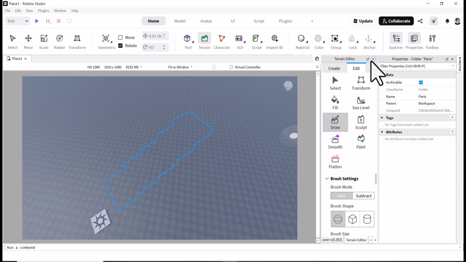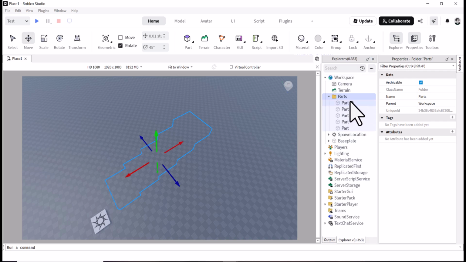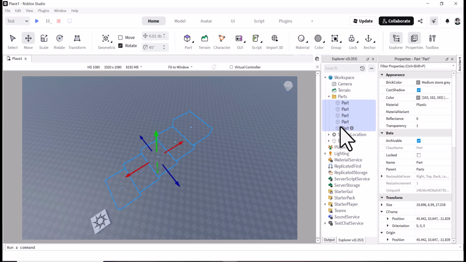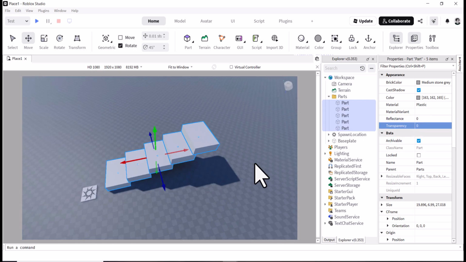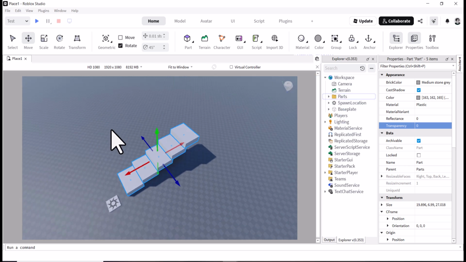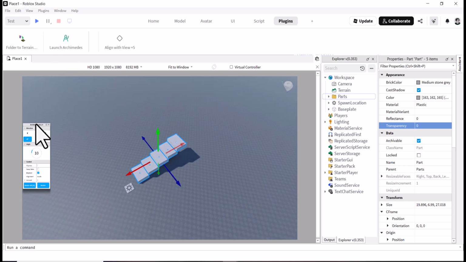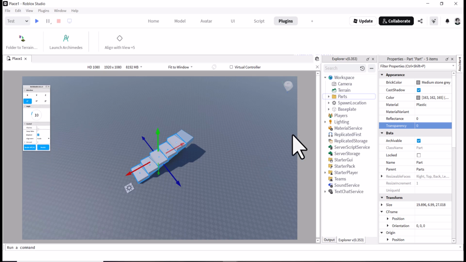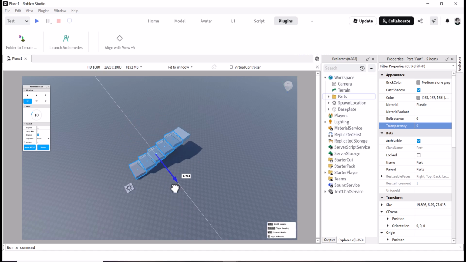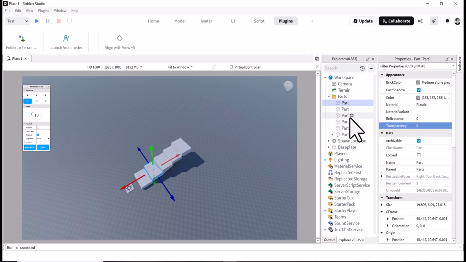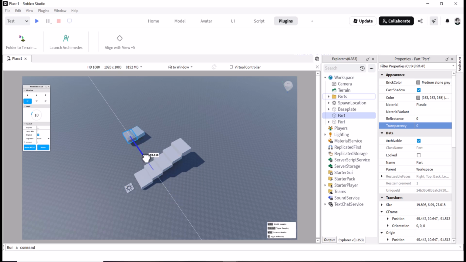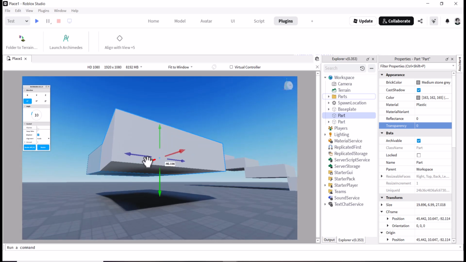Then you can clear that if you want to, and you have all the parts that you already had, or you can change the transparency to show them again. It will work like this, and it also works with different tools like Archimedes. So for example, we select a single part from all of them, duplicate this, and then create some different path, or maybe anything that you want to create.